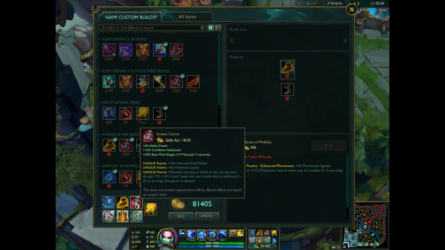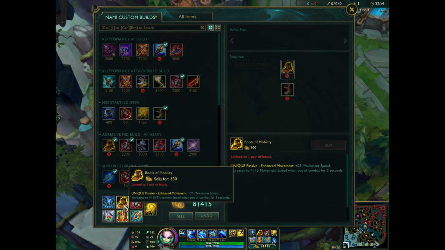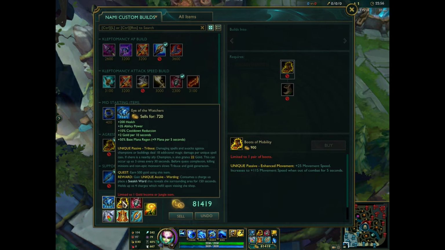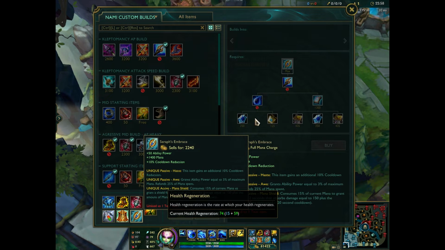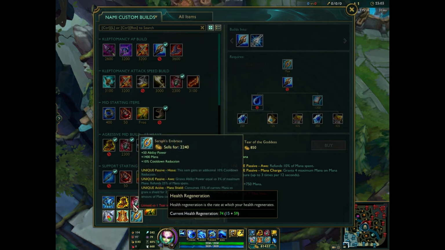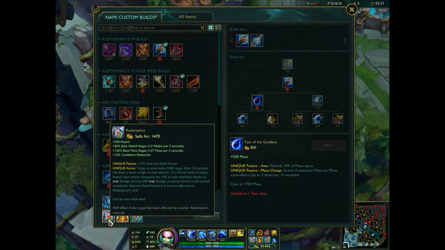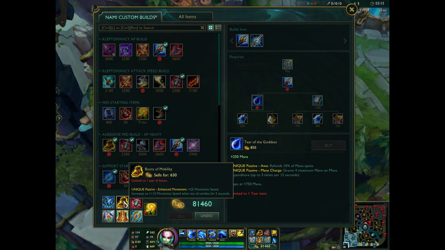Thirdly, I'm going to grab an Ardent Censer. Now, before I build my boots, after I grab my support item, the first thing I would do is grab the tear from the Archangel's Staff. Only the tear itself, because I don't want to struggle with mana early game, and Nami's a really mana-hungry champion early game. So I would keep the tear, and then start building the boots and